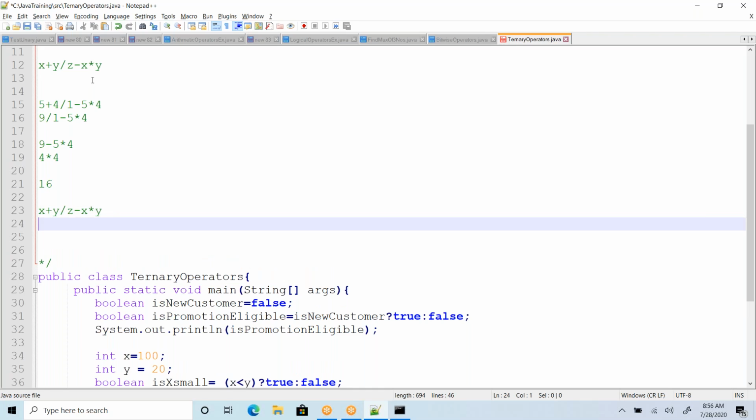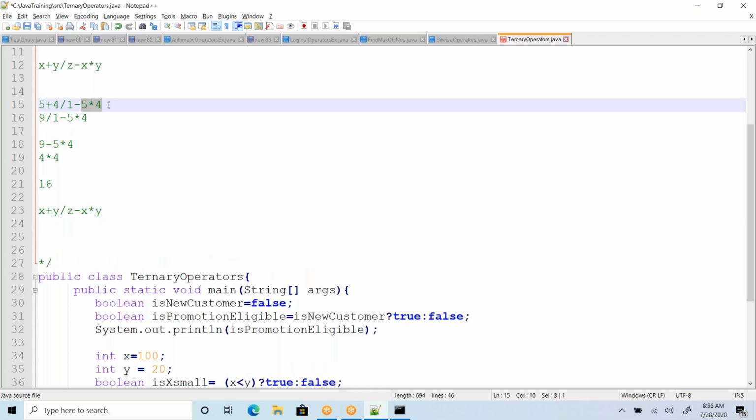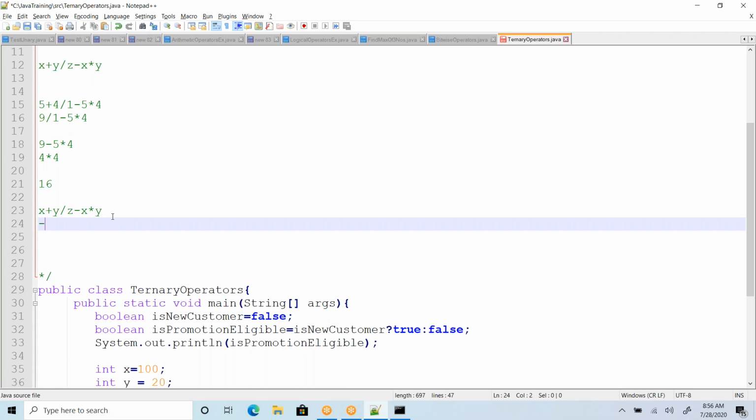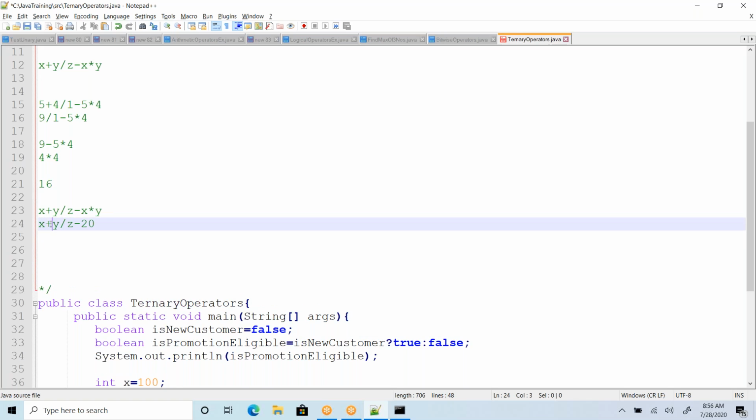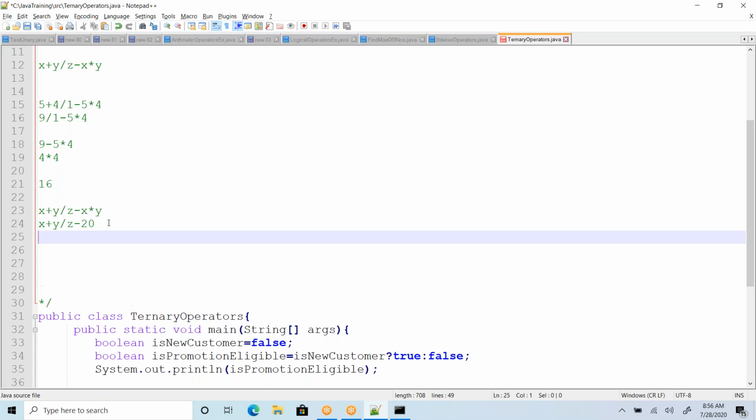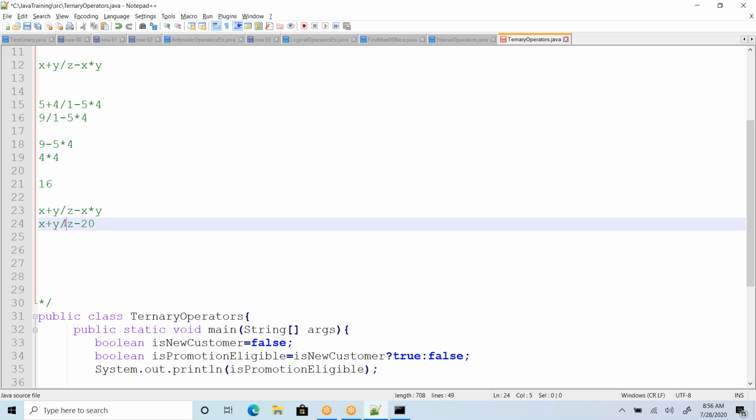Here, first it is going to evaluate 5 star 4, 20. It is going to become -20. Then you have x plus y division z minus 20. Now we have addition, division, and subtraction. Out of these, what gets priority? Is it going to be addition or division?